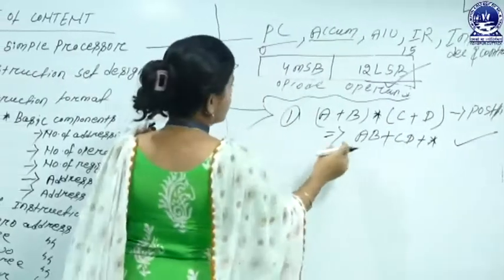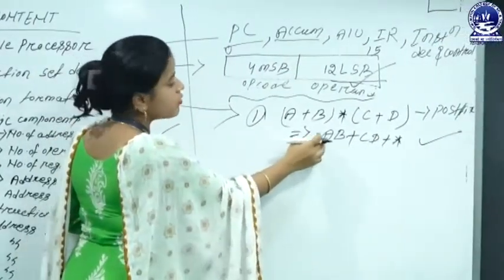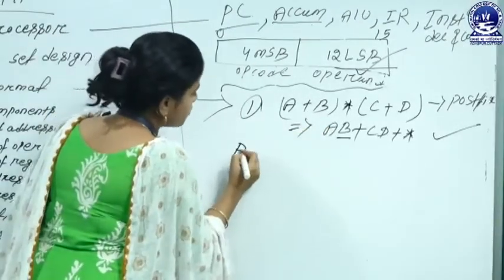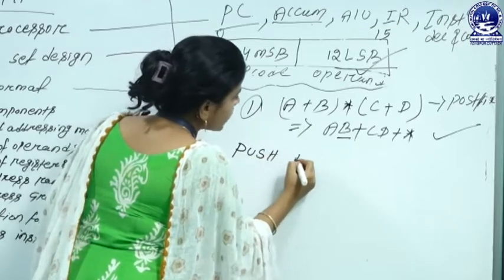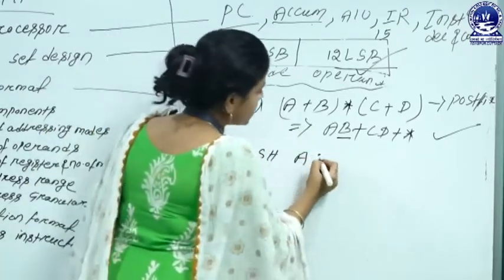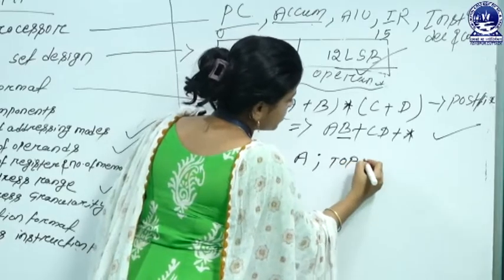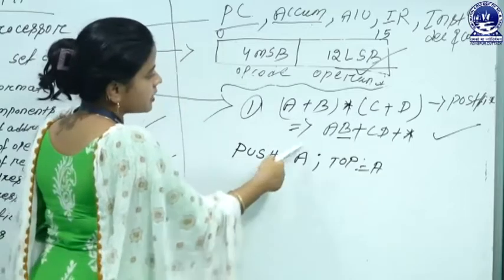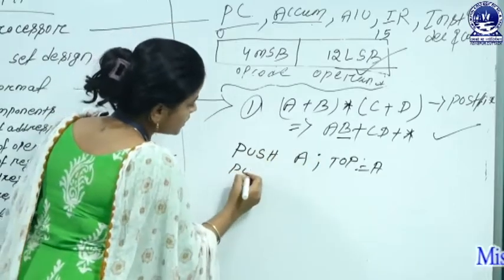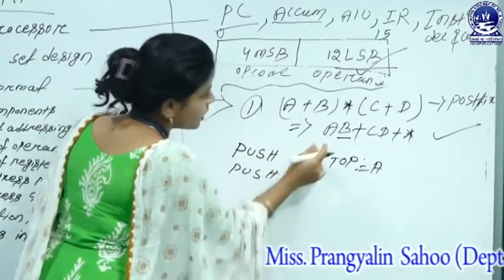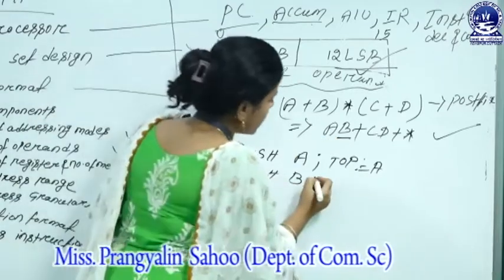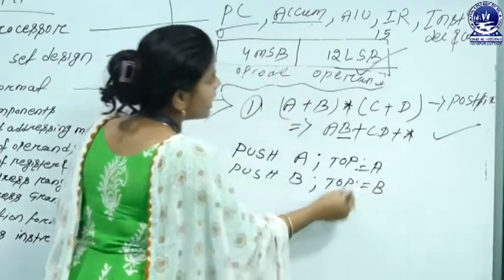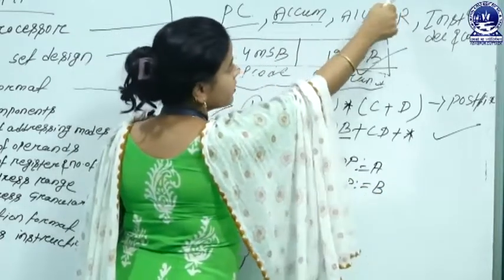Okay. Now check how that is converted into the zero address instruction format. First of all, you have to insert the data value, whatever the first value given. So insert the first element by using your push function. Push the first operand value, that's your A. That means here the top of the stack contains the value A. After that, insert the second operand value, that's push B, because B is another operand. That means here the top of the stack holds the value B, as the stack provides only one end.